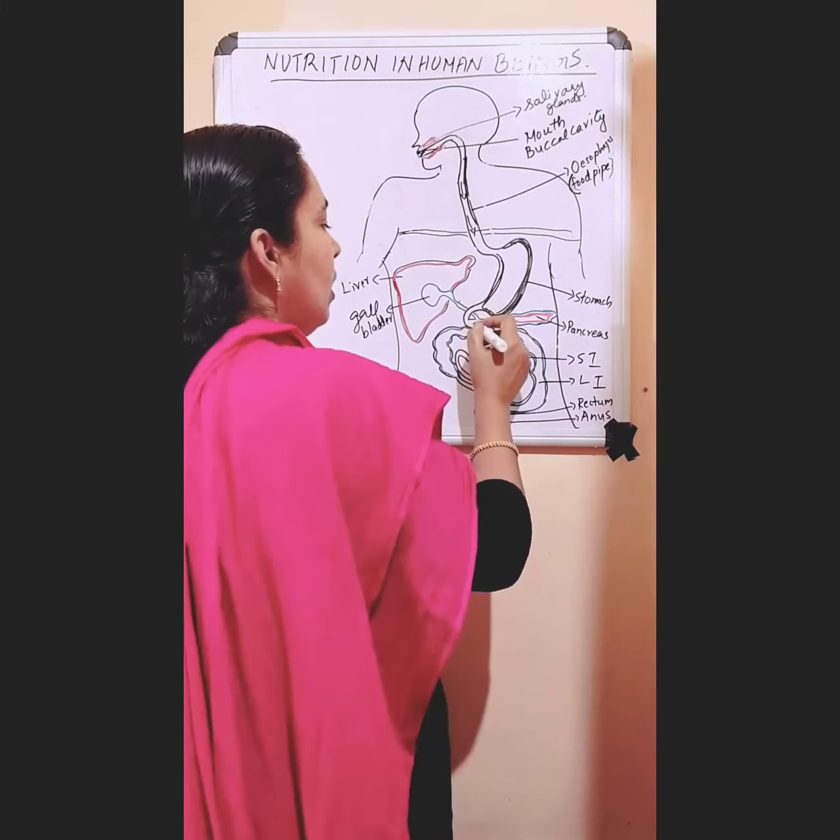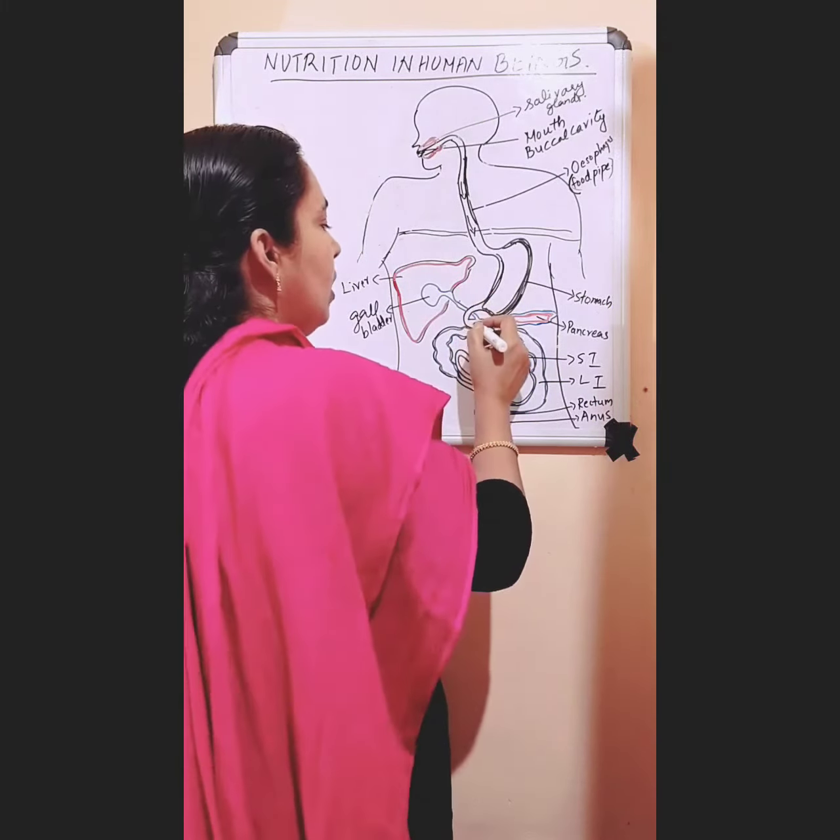And this pancreas produces three types of pancreatic juices. One juice is called pancreatic amylase. Second one is an enzyme called trypsin. And third one is also an enzyme called lipase. So three pancreatic juices. And this pancreatic amylase, we know salivary amylase digests the starch. So pancreatic amylase also begins to digest the starch.